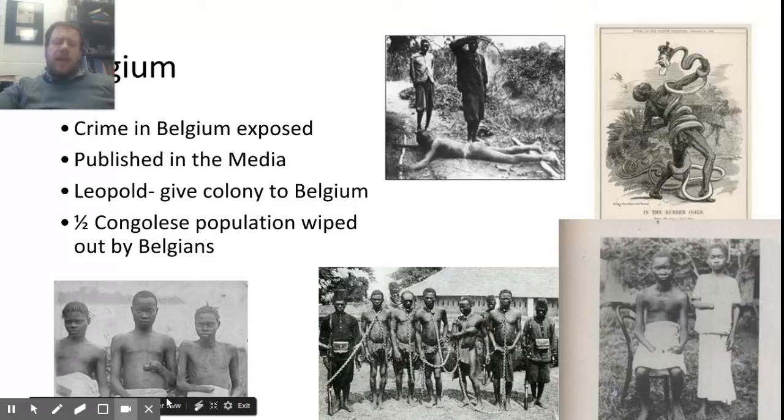And if you did not bring enough of that stuff back, they would lose a hand. Now, obviously, as a lot of people are farmers, they lost a hand. That is not a good day. And so they would have that problem happen. Now, eventually, when the crimes get exposed, published in a paper, Leopold has to give the colony up to Belgium,